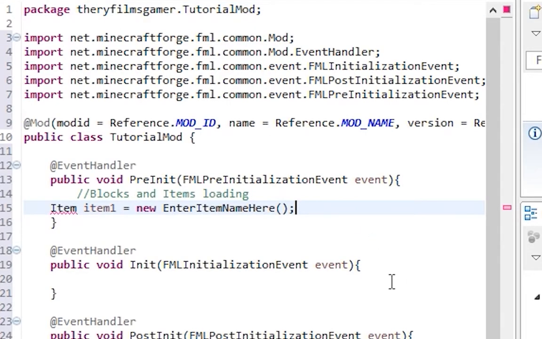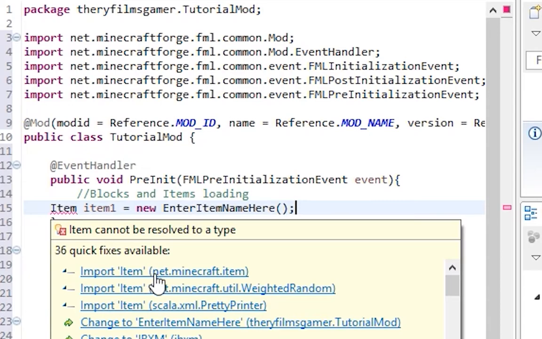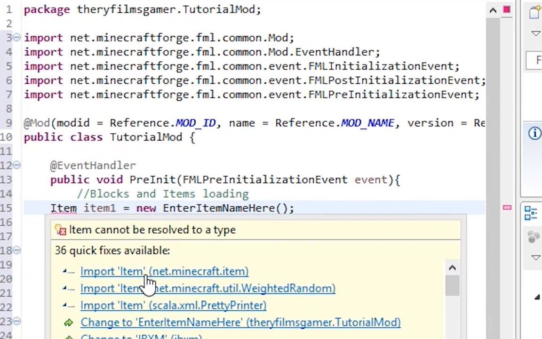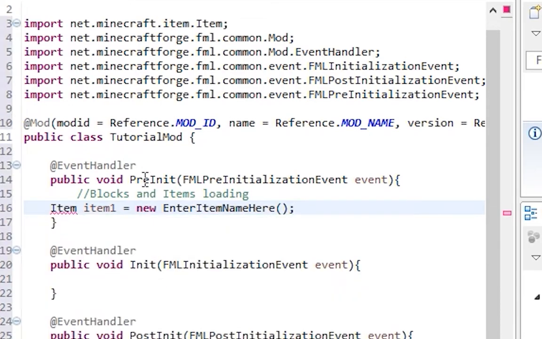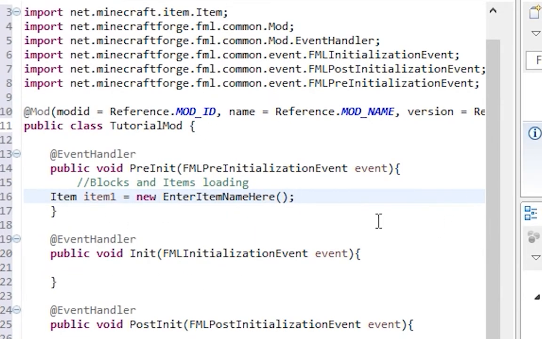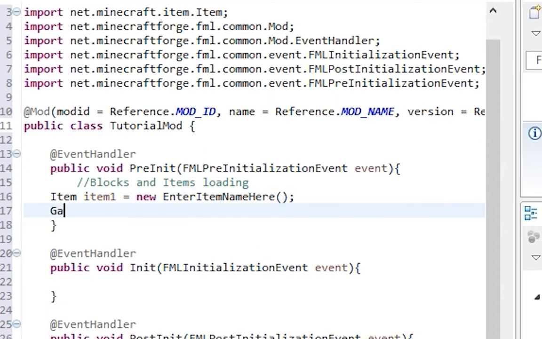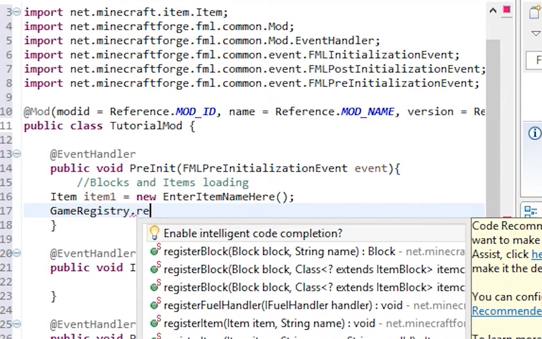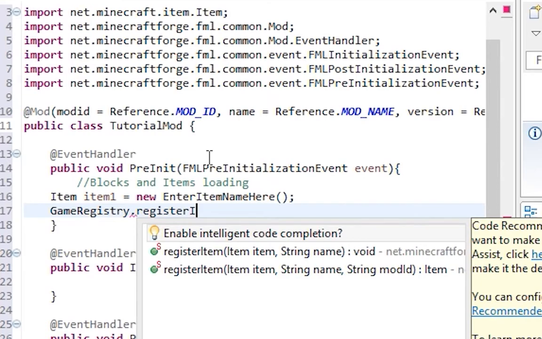This is where your item goes. So, now, go back to the tutorial mod for a second. You want to hover over this item and hit import net.minecraft.item. And now you can see that we have all this. So now we want to go GameRegistry dot registerItem, and then